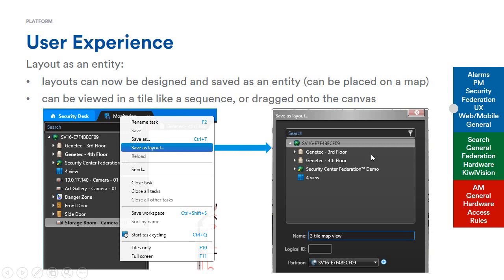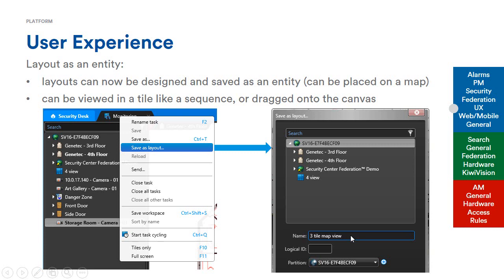So once I do the Save as Layout, I choose where I want to save it, because this is going to show up in the area view here. So you can see I've already created a 4-view one here. That's the layout icon that you'll see. So in this one I had 3 tiles, and I had the map very prominent, so I'm going to call that my 3-tile map view. And that way, if I want to call that up later, I can do so. If I'm in the monitoring task, I can just double click on it, or I can drag it into the canvas, and it's going to repopulate everything exactly the same way as I had saved it when I saved this